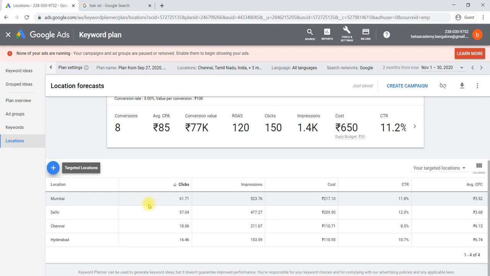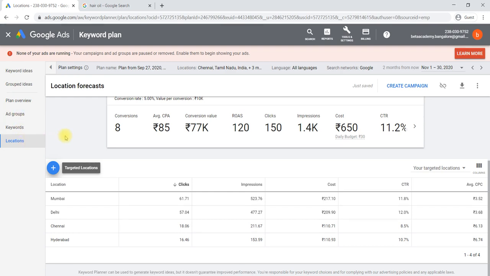Before creating an ad, first we have to check keyword ideas. You can use grouped ideas or keyword ideas to select the keywords which have the highest impressions. And then you can analyze the keywords at plan level, ad group level, keyword level and location-wise.